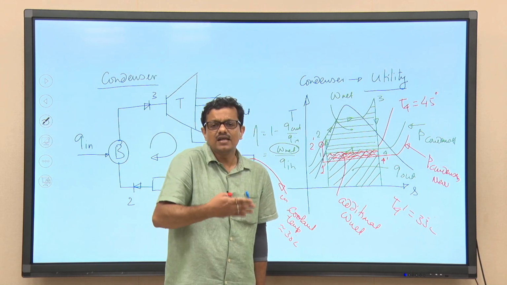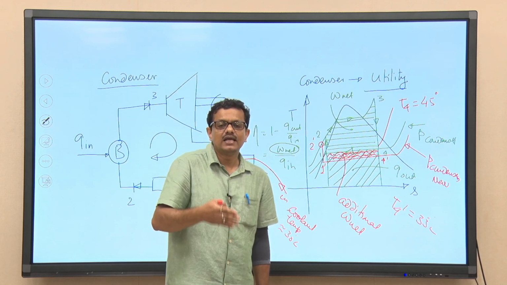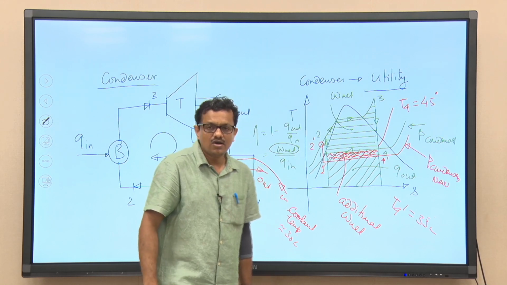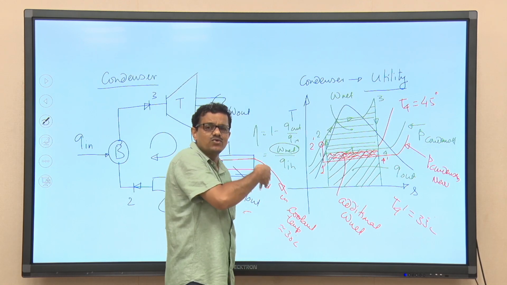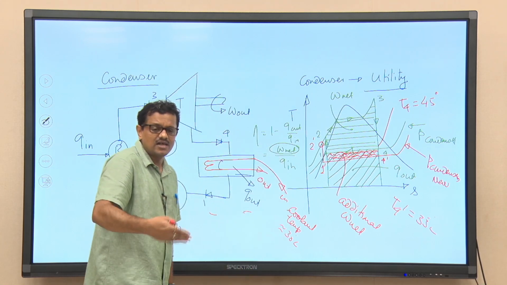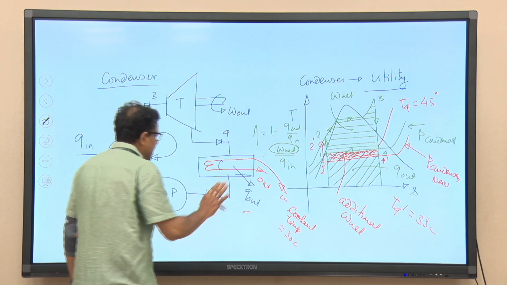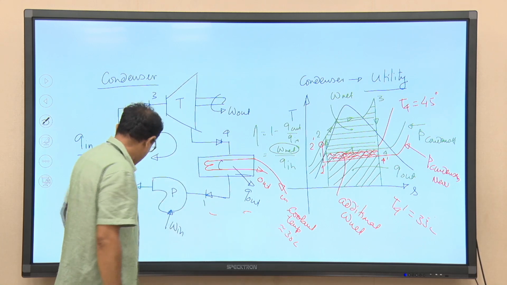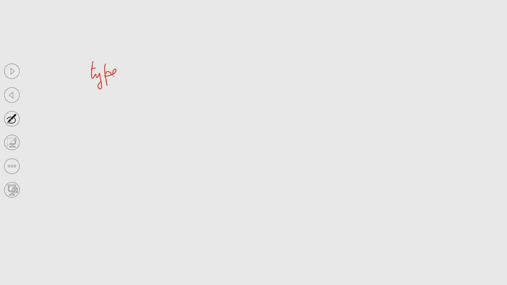So, the designer will be in trouble to design such a component which will be operating at a pressure significantly less than the atmospheric pressure. Not only that, the air leakage into that condenser will lead to different problems that I will be discussing. Okay. So, that you have understood. Now, the condenser, you have understood the purpose. So, let me discuss the different types of condensers.